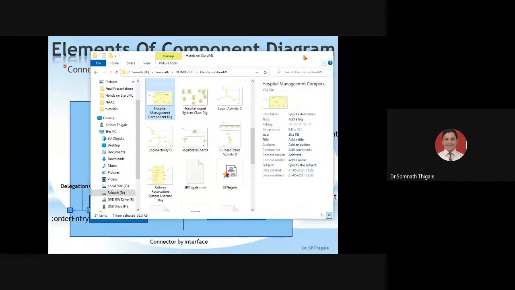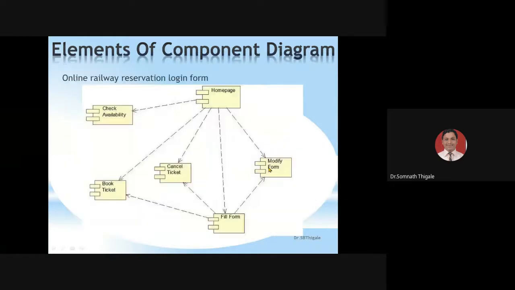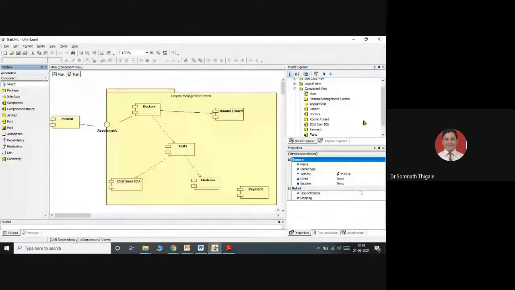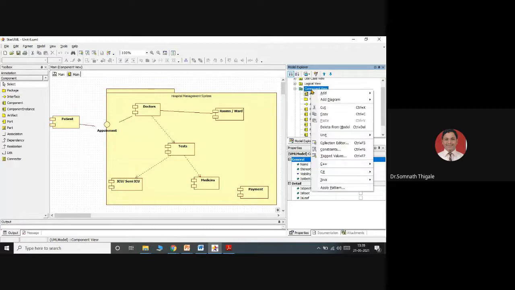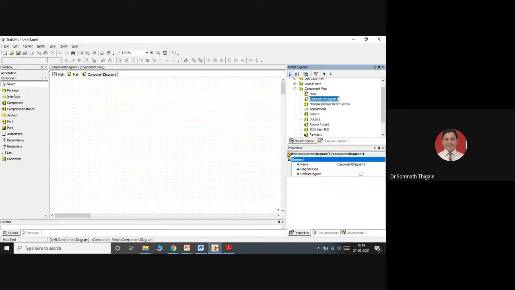Okay. Now similarly, we can do one more diagram to understand the concept of a component. So this is an online railway reservation login form, or the way we will be able to perform the scenarios. So I'll show you one more example to draw the component diagram. So select the component view, save whatever you did so far, select this, right click, add a diagram, select component diagram, rename it.